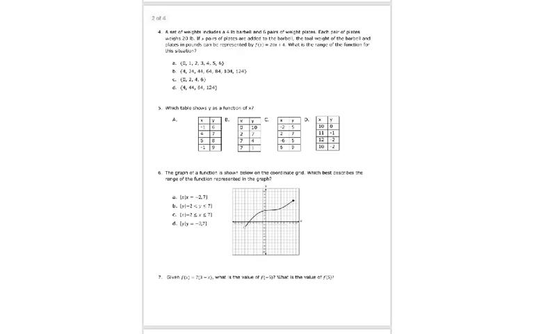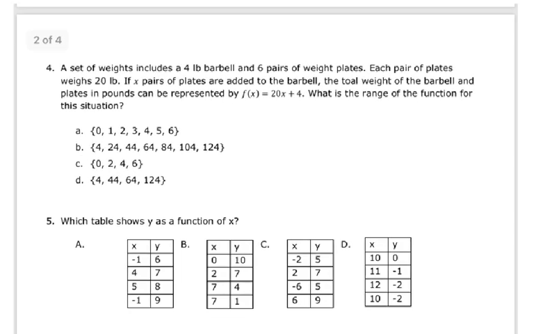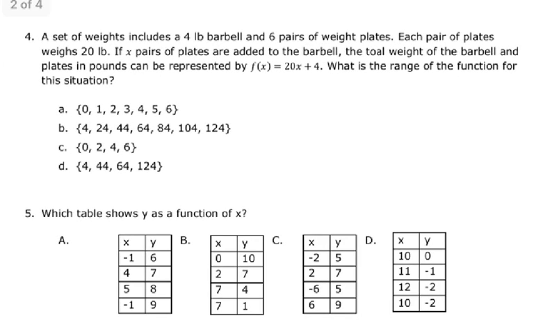All right, let's go ahead and take a look at the back. So this is the one that everyone looks at and they say, oh, this is so terrible. But it's really not that difficult. It says a set of weights include a 4-pound barbell and 6 pairs of weight plates. Each pair of plates weighs 20 pounds. If X pairs of plates,